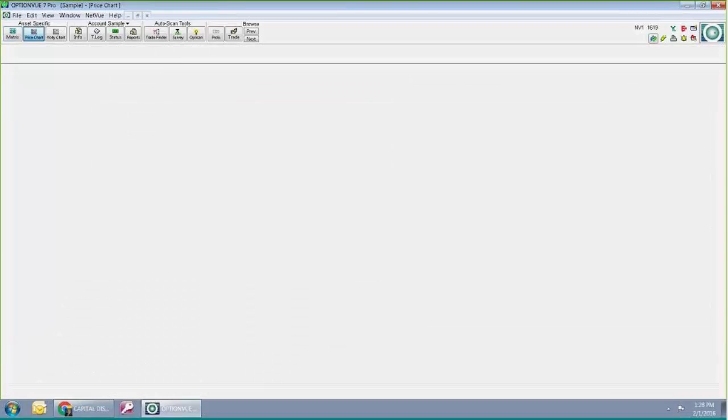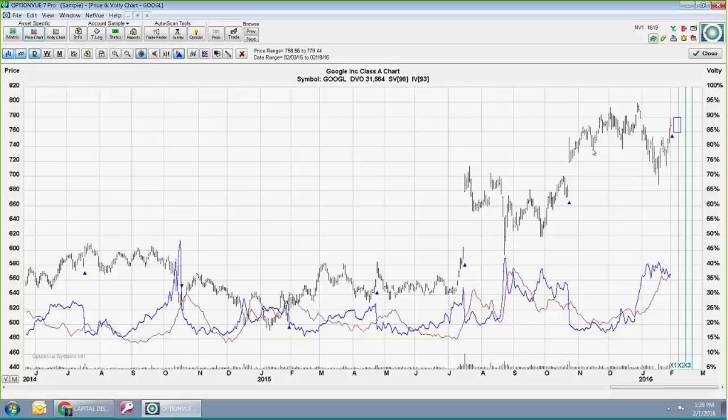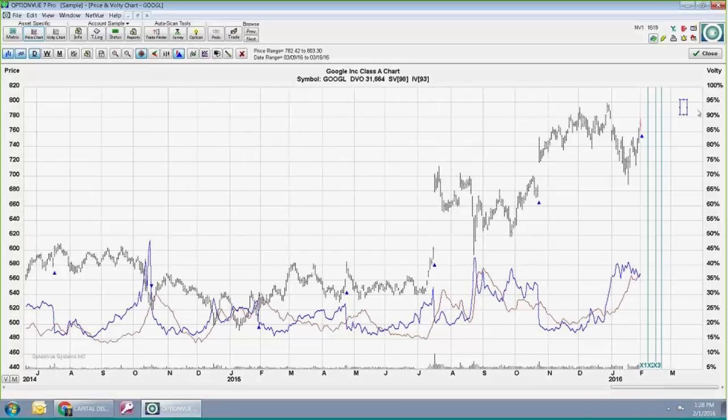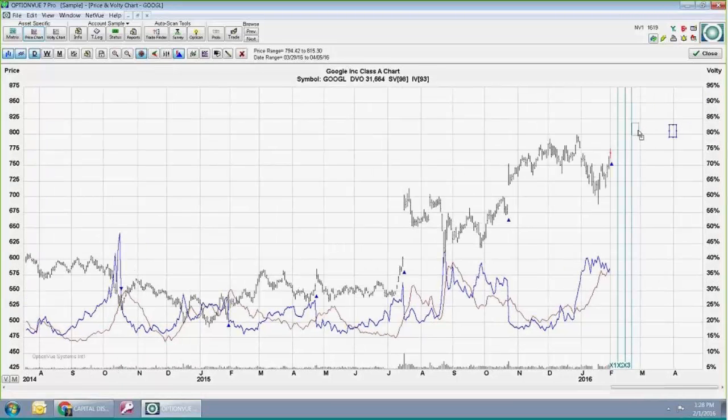Let's see. I can go back to my price chart here. We do let you set a target in the price chart, which lets you see the expiration days there, the most recent ones coming up. So if you were thinking somewhere around this expiration day or even just before, you can drag the box where you think Google is going to be at that time. The width of the box is time. The height of the box is price range. It shows right up here. Price range is that. The date range is that.